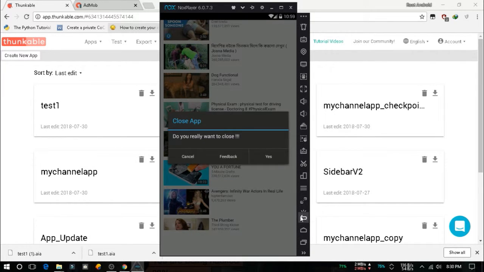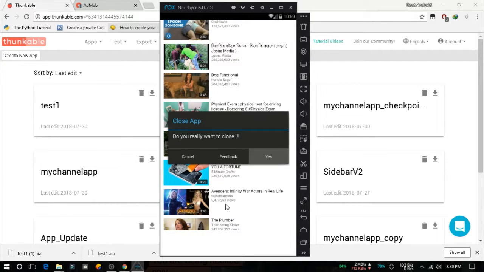I will click back and you can see close app. Do you really want to close this app? I will click yes, and thanks for